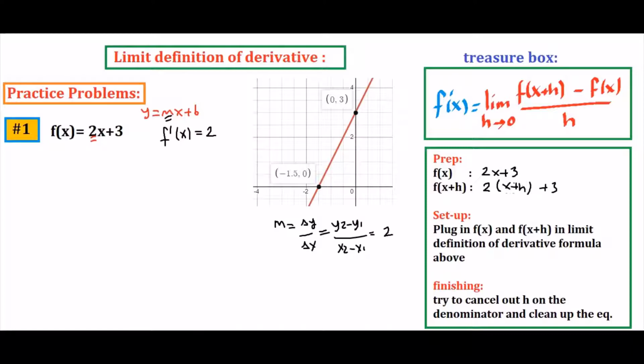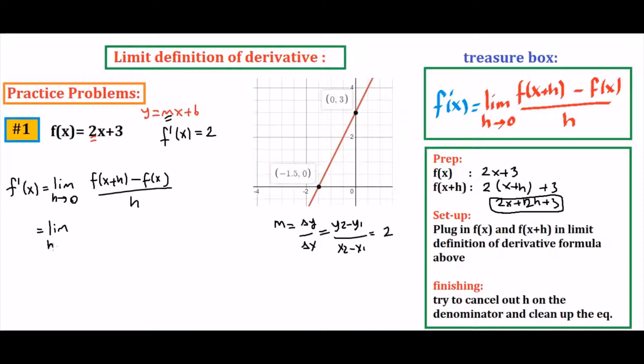And if you distribute 2 inside, you get 2x plus 2h plus 3. So this is our f of x plus h. Now we're going to plug that into our formula. So f prime of x is equal to the limit as h approaches 0 of f of x plus h minus f of x over h,